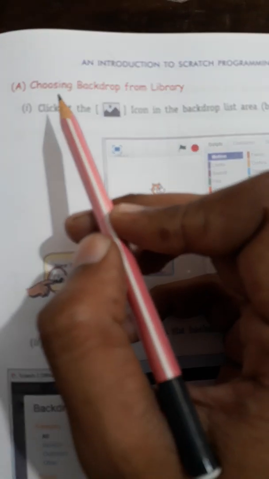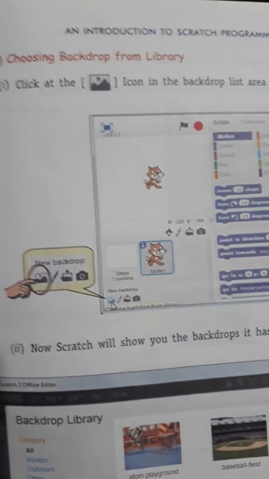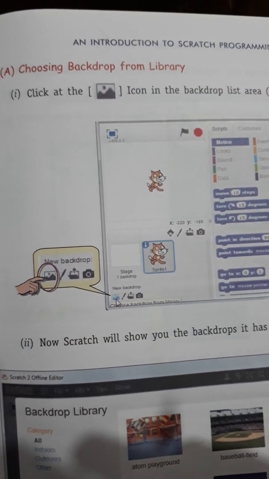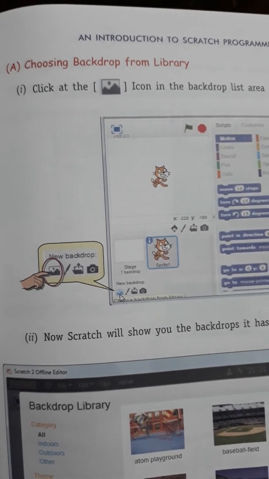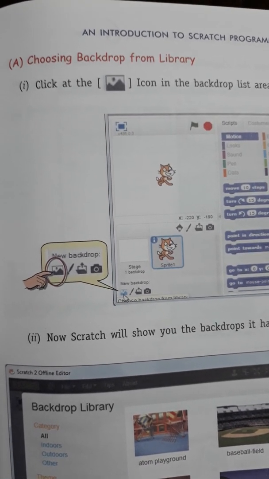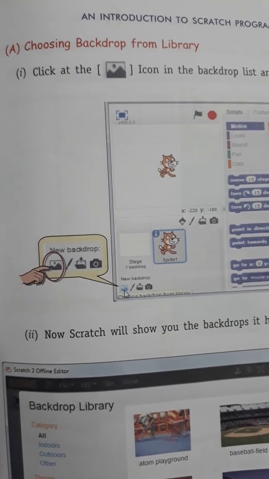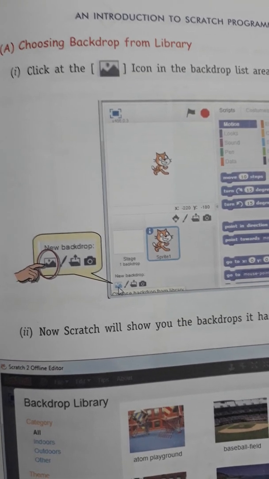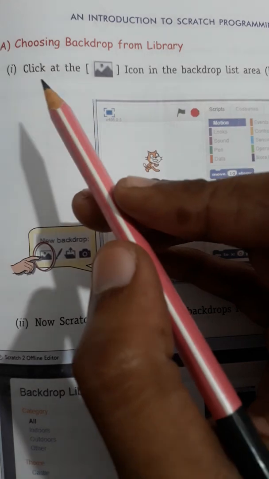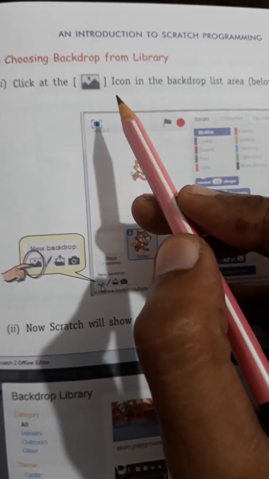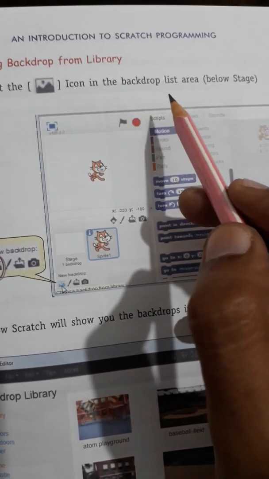First is choosing backdrop from the library. Library is a storage where many predefined backgrounds are available, so we can choose any background from the list. Click at the library icon in the backdrop list area.